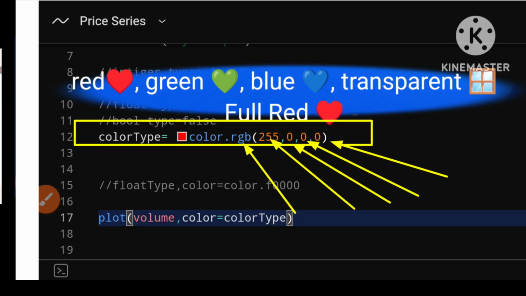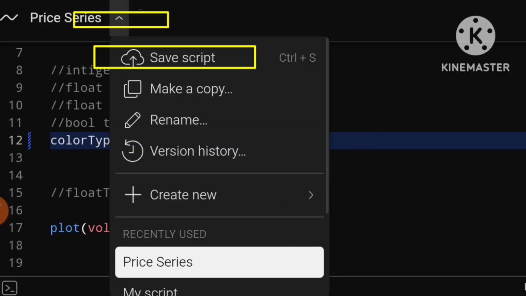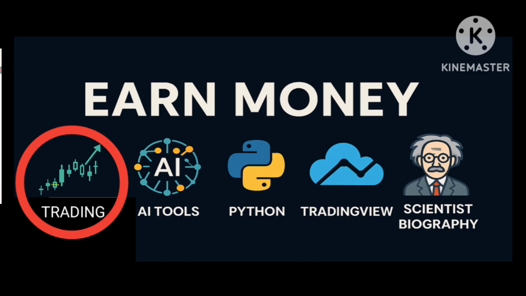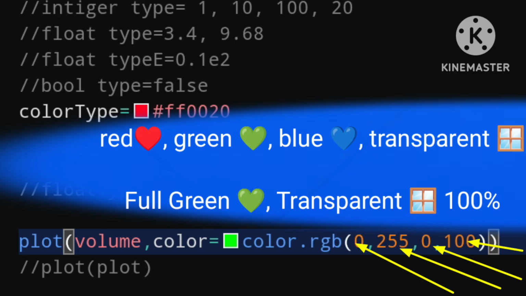If I just put in RGB as 255, 0, 0 and save the script, this will stay red. Actually, let us change this so that we can actually see the difference. So this will now be bright green. There we go, because we have set green to full. So RGB colors range from 0 to 255, 0 being none and 255 being the maximum.